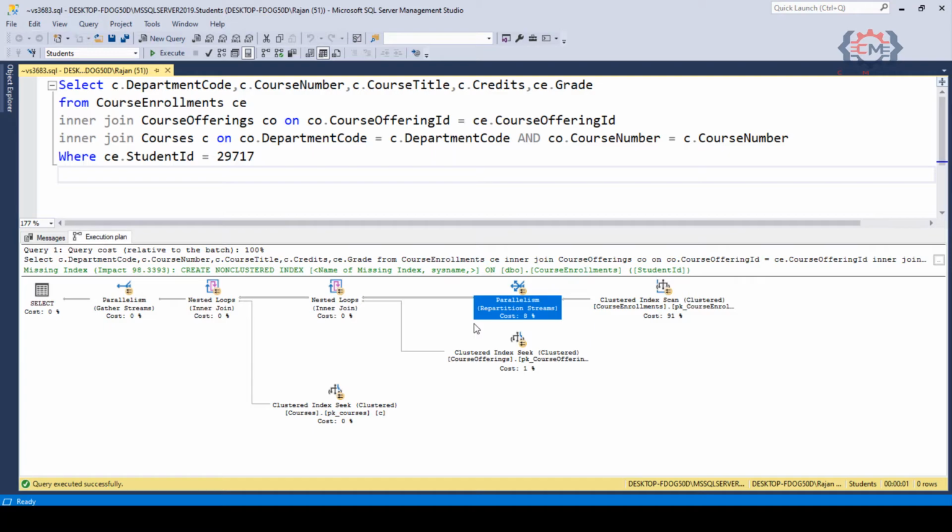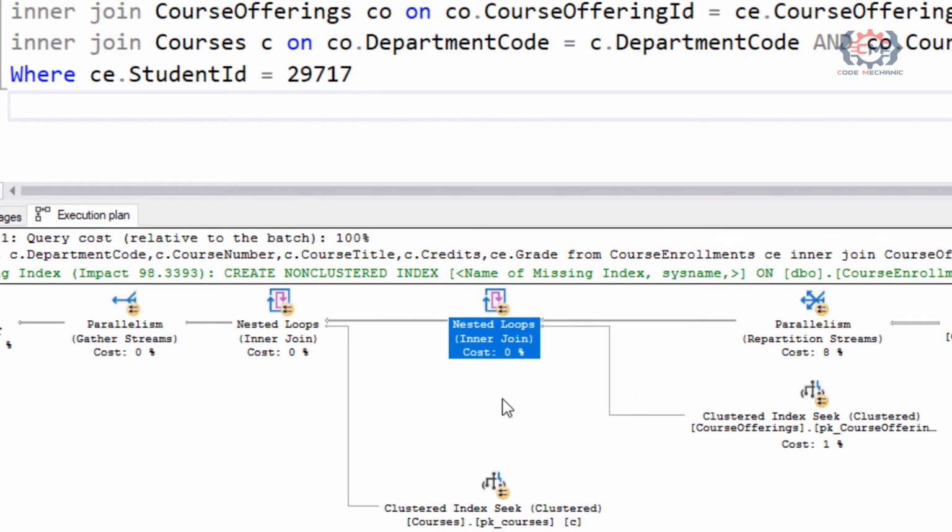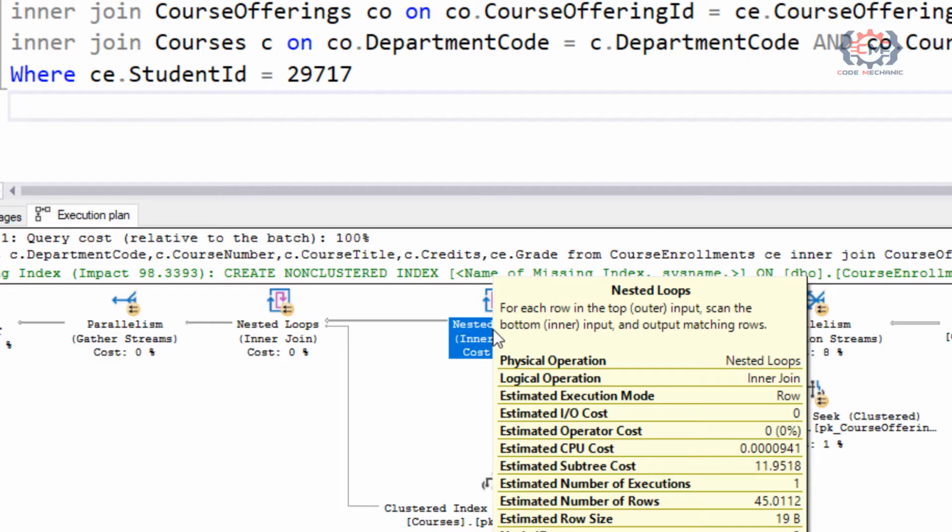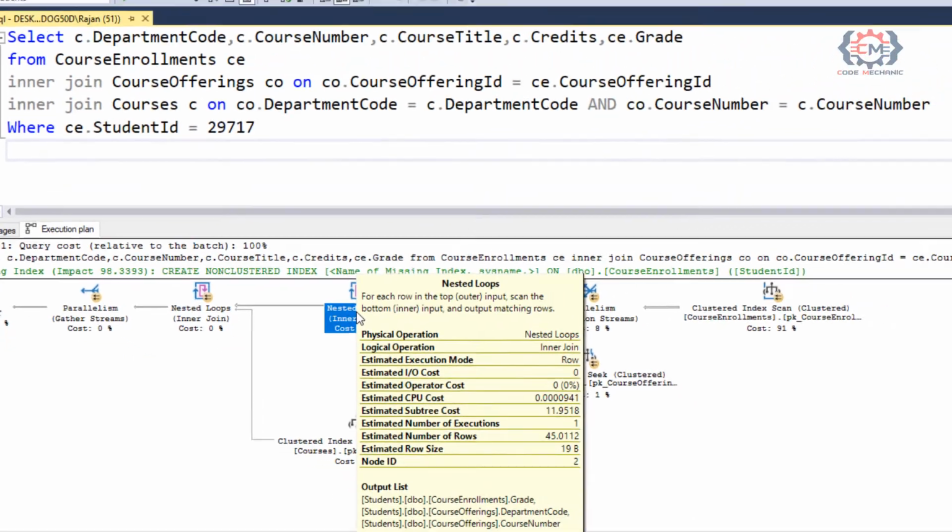Okay, now we proceed further to the left, and now we can see the nested loop join and we can mouse over this. And from the description, it says that we are going to take each row in the upper data set and we are going to probe or investigate the lower data set in order to get that information. So this is what is doing our join between these two tables.